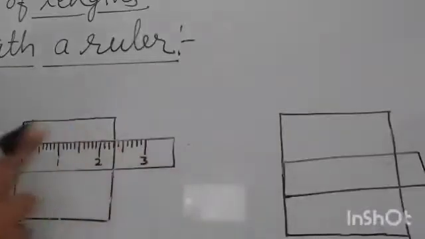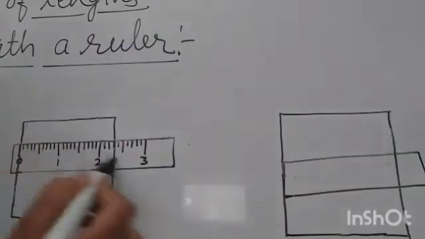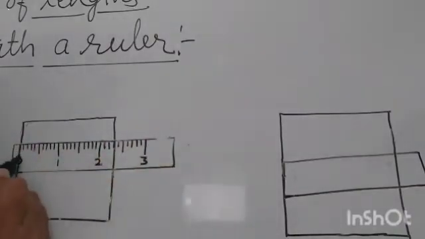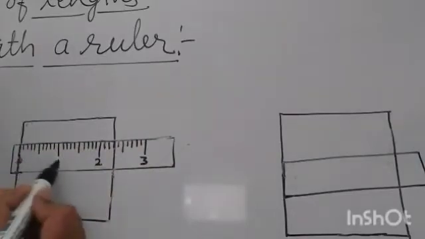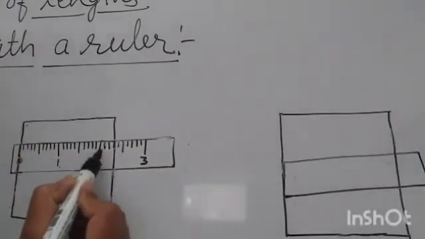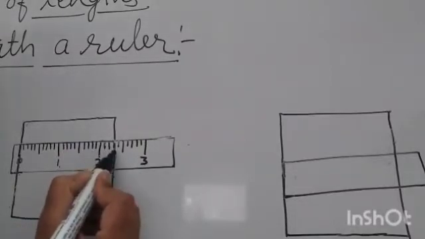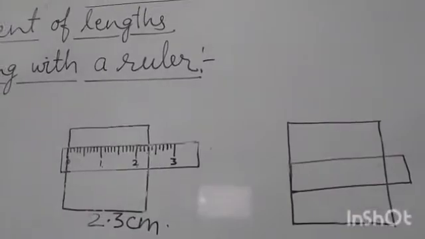Now see, this will be more clear to you. Suppose it is an object. Now we have to measure its length. Now we will put the scale in such a way that the zero line of the scale will coincide with the left side of this object. And now we will read the scale. Here 0, then 1 centimeter, then 2 centimeter, and after that 1, 2 and 3 millimeter. It means 2 centimeter and 3 millimeter. And how will we write it? We will write it 2.3 centimeter. So 2.3 centimeter is the length of this object.